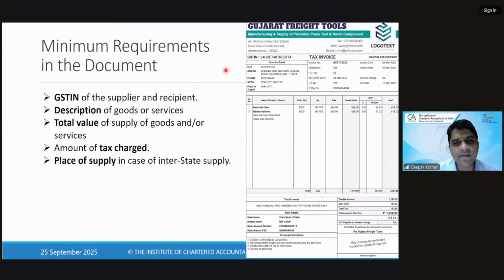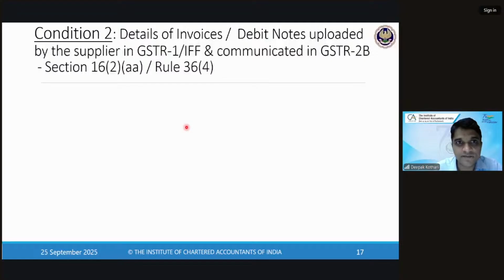Is there any time limit for a revised invoice? Yes, there is a time limit of 1 month within which you can revise your invoice. After that, even a newly registered person cannot revise the invoice later on. Clear? Those are the basic requirements you will see in an invoice, then the details of invoices and debit notes. Second condition,